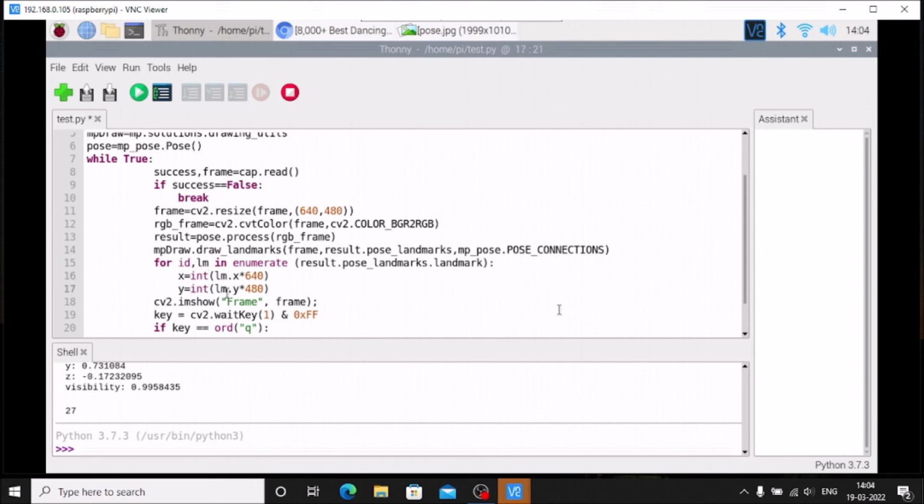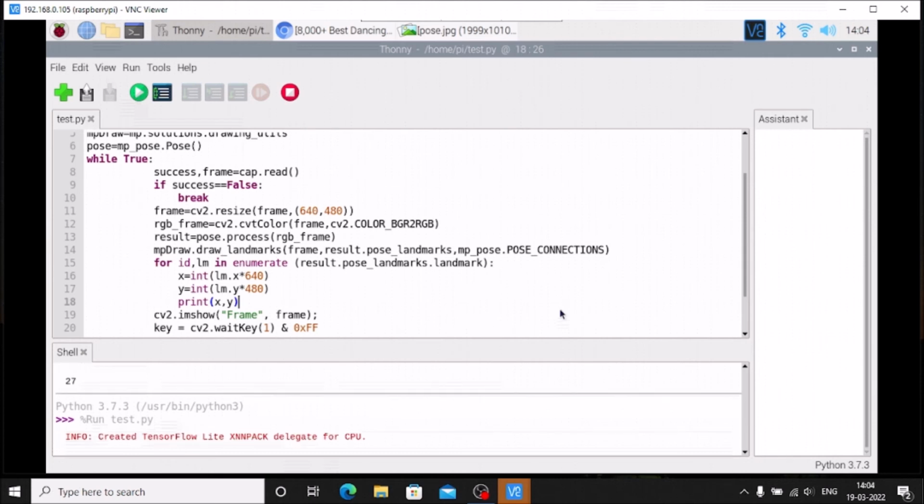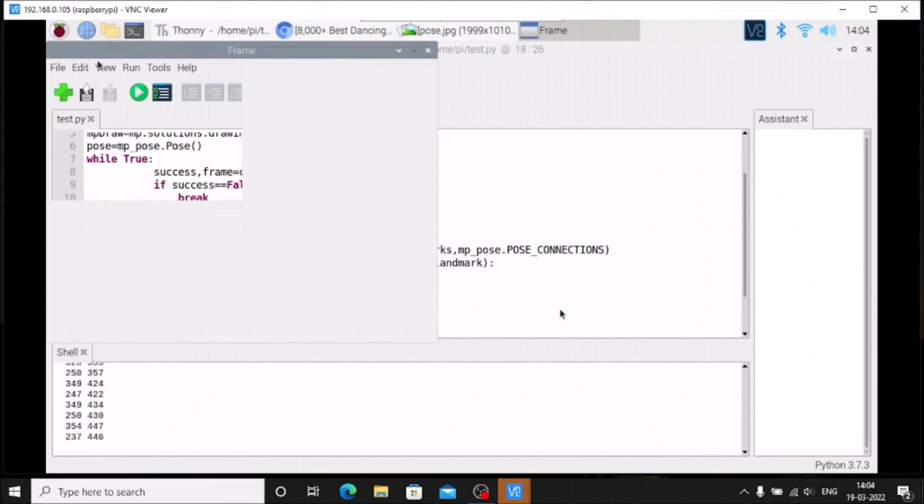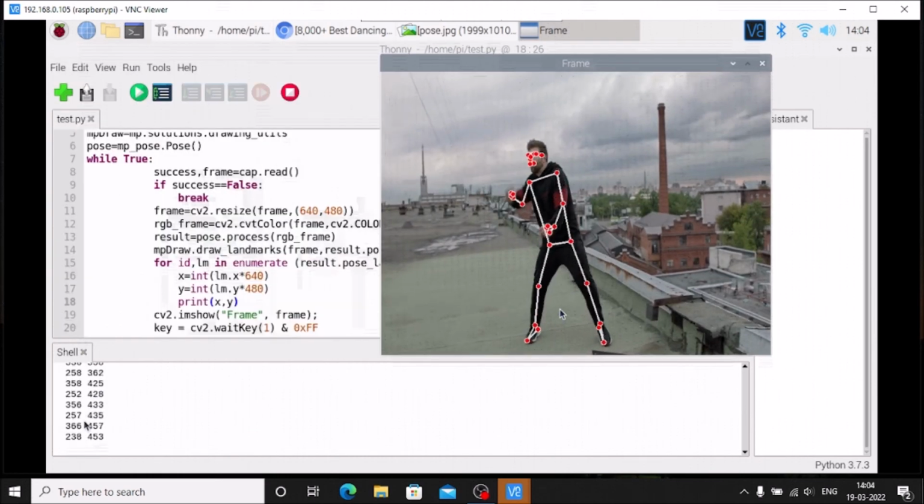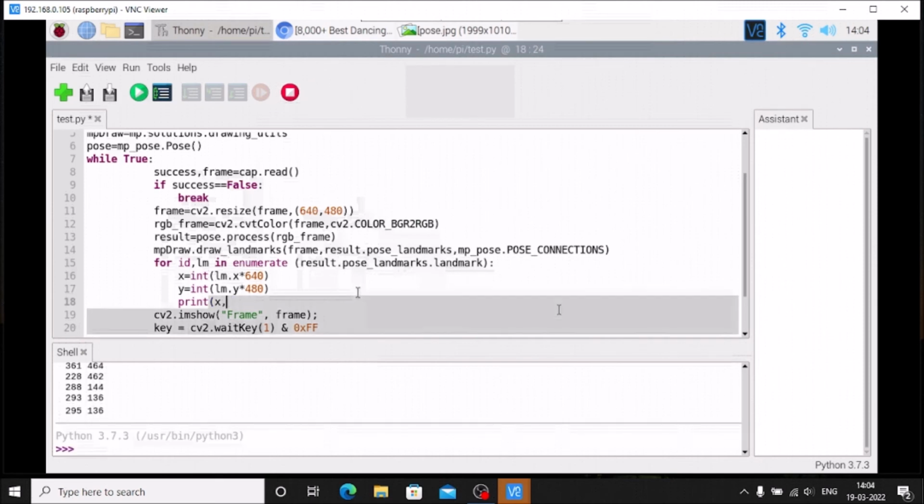So now if we print x and y, save the code, run the code. As you can see, we now have the x and y coordinates. Okay, so now what we want to do, we can draw the circle on the frame. So let's say cv2 dot circle, where we want to draw the circle, on the frame,